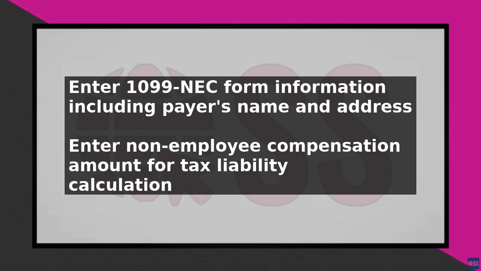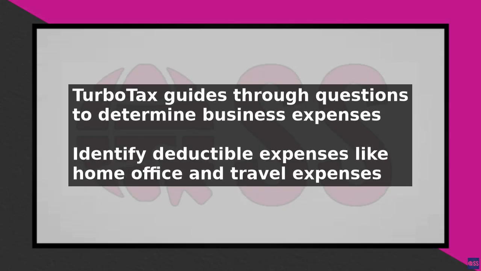After entering the information from your 1099 NEC form, TurboTax will guide you through a series of questions to determine if you have any business expenses that you can deduct. This may include expenses such as home office expenses, travel expenses, or equipment expenses. Be sure to keep receipts and records of these expenses, as you will need to provide documentation if you are